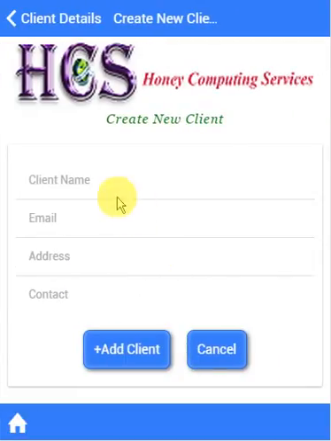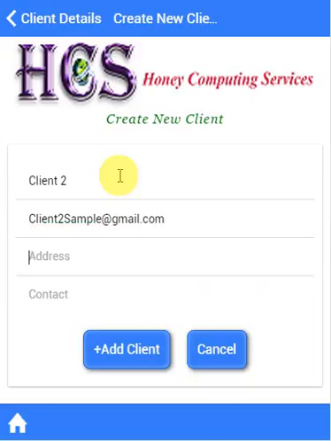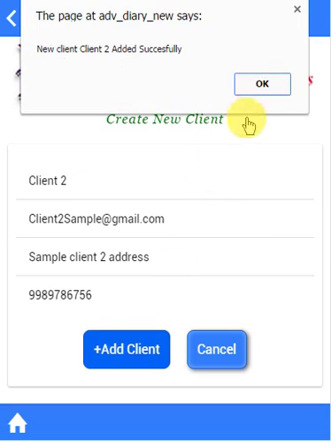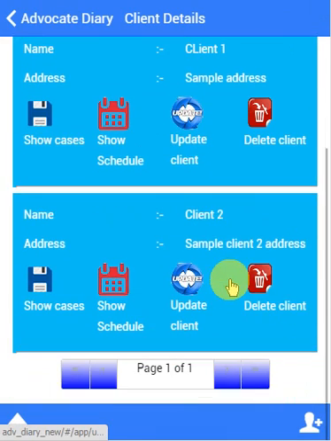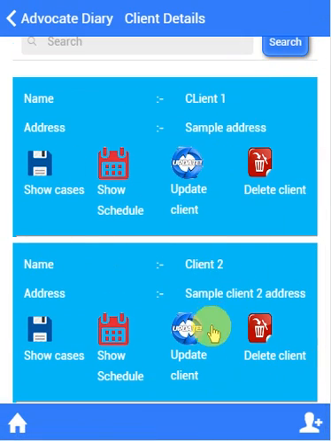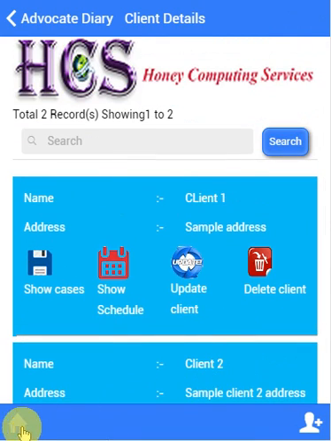Let me add one more client for testing purposes. Client 2, sample@gmail.com, address is sample client 2 address. Click on add client and now you can see I have added two clients. I will go to the home page.